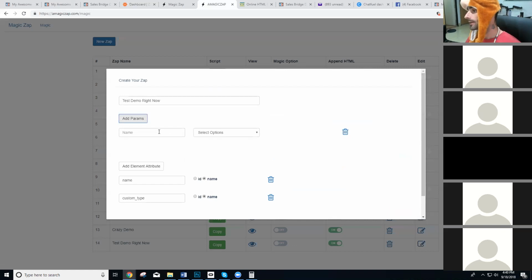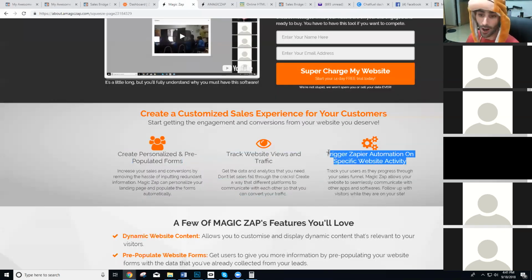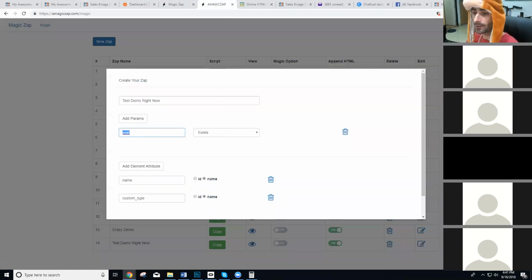So what we're going to do here is say, hey, what we need is what we can call an MID, a messenger ID. We can call it a chatbot ID. We can call it the actual name, a page scoped ID, which is what Facebook calls it. If you want, you can call it foo. If you want, you can call it bar. Who cares? I'm going to call it page scoped ID because that's what we actually need. So I'm going to add that parameter right there. And I'm going to say, hey, if this thing exists, now this is my condition to fire this Zapper automation right here. All right. So now I'm just saying, hey, if you find in this URL,